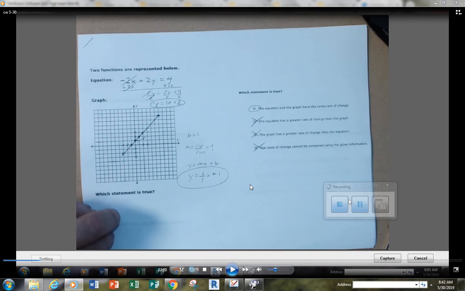So again, remember, if I had a bigger number for here, that means my graph would have had a greater rate of change. If I would have had a bigger number up here, that means my equation would have had a greater rate of change. If they're equal, they're equal. Alright, next problem I'm going to skip to